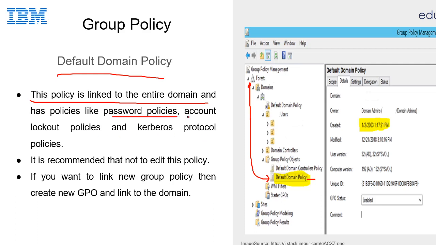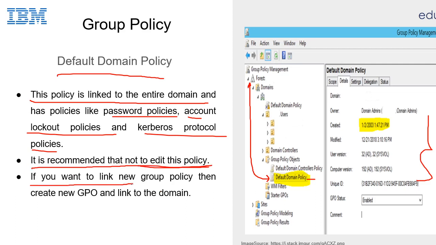Here this is passwords and this is account lockout policies, and Kerberos protocol policies are used to access the domain. It is recommended not to edit this policy once it is created.